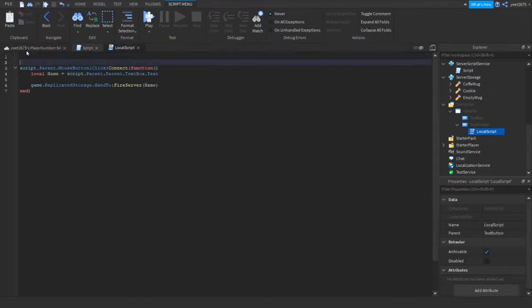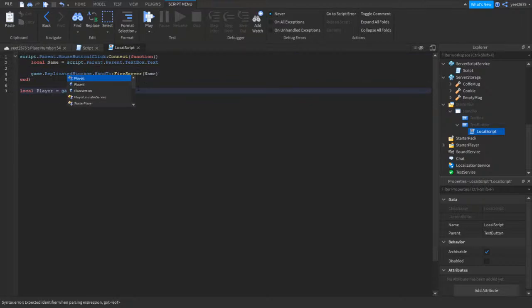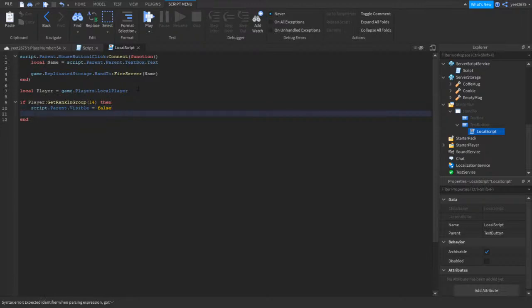local player. Actually, we can do this in a different script, it'll be easier. Or we can do it in here. I think I can do it in here. Local player equals game.Players.LocalPlayer, and if player:GetRankInGroup, let's say that's group, I'm not sure if I'm in the group, maybe 14, then script.Parent.Visible equals false, else